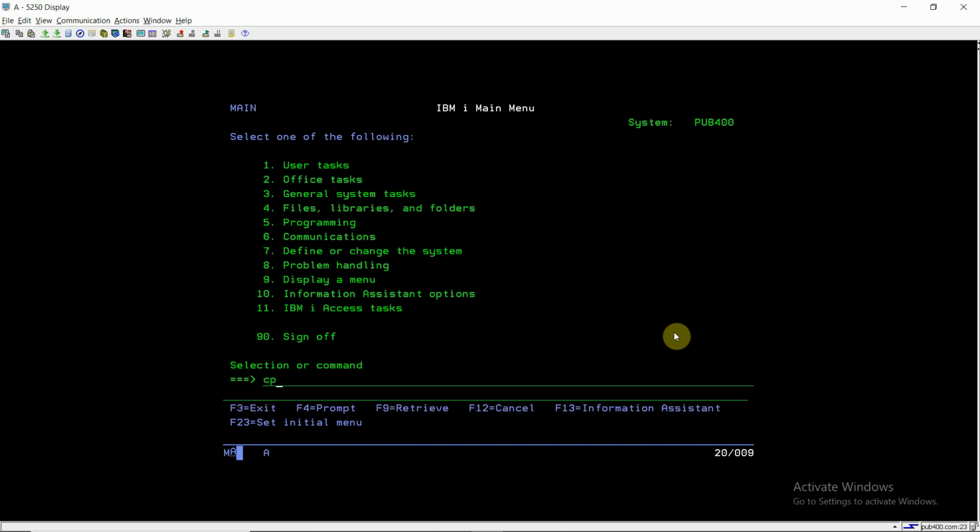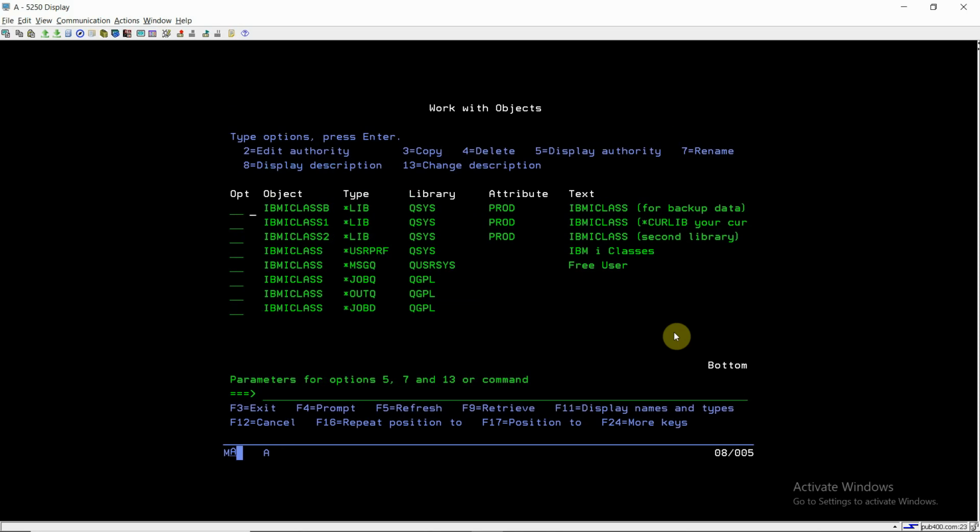If I see WRKOBJ IBMICLASSES, I can see the library objects here. IBMICLASS1 and 2 are library type objects because the type is *LIB for them, and they are created in QSYS. All the library objects created in the system are in the QSYS library.